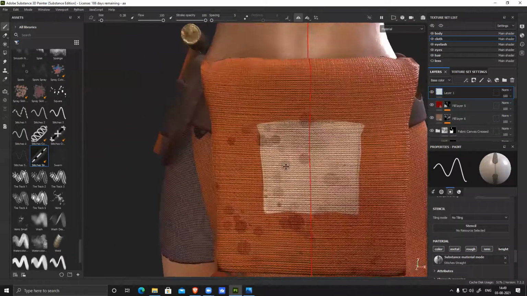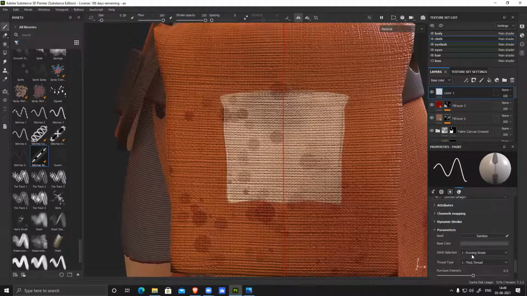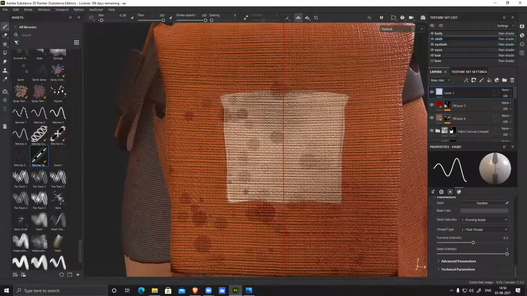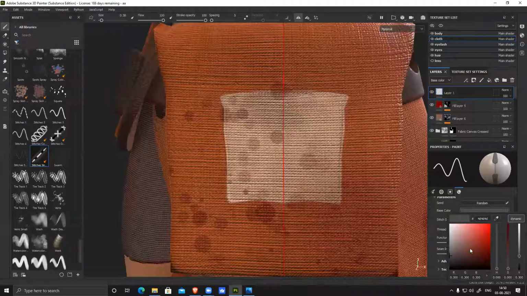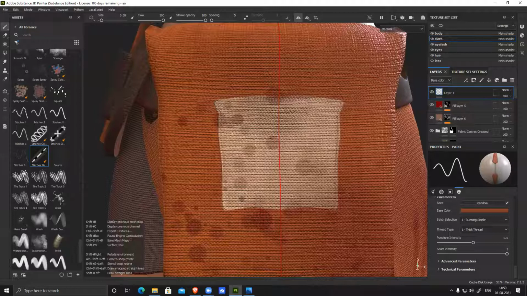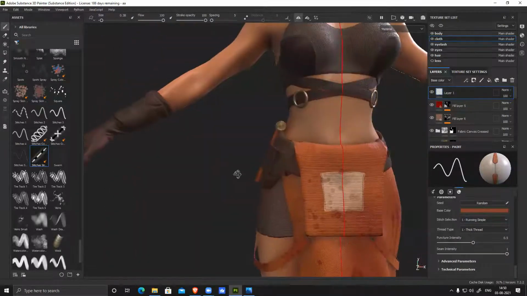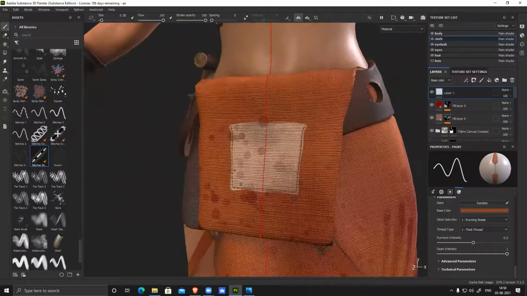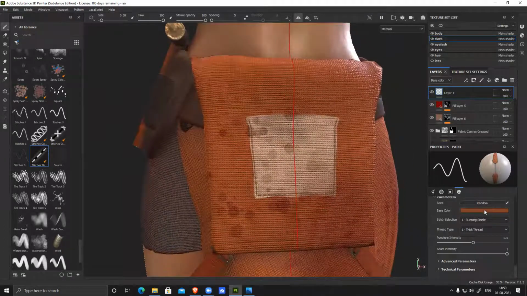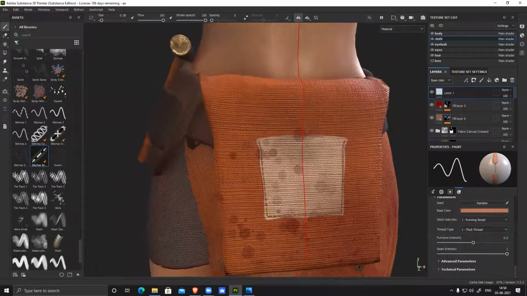Similarly, now suppose I want to add those stitches here. The only thing is, because that color was gray, I need to change the color, but this base is different. So I just have to change the color, or I can pick this orange color also. Symmetry is on. And if I want to make this slightly brighter, I can do that as well.